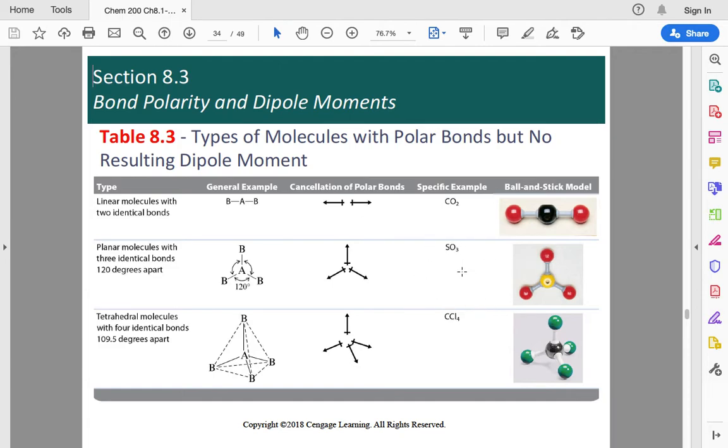Here's an example of SO3. Sulfur in the center, oxygens on the outsides. This is a polar bond. There are 3 polar bonds. The sulfur is slightly positive in all these cases, and the oxygens would be the slightly negatives. Now, the problem here is this is flat. So instead of our boomerang like we had with water, just add another kind of little arm coming off on the side. So it's like a fidget spinner. It's flat,